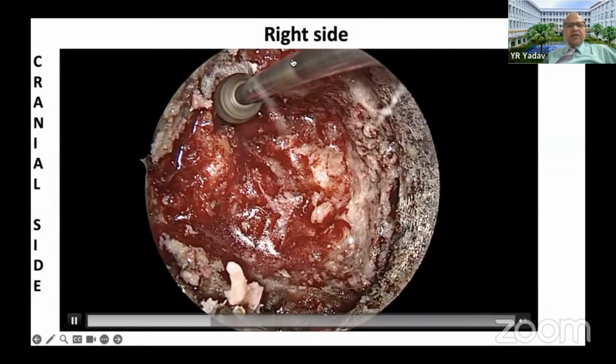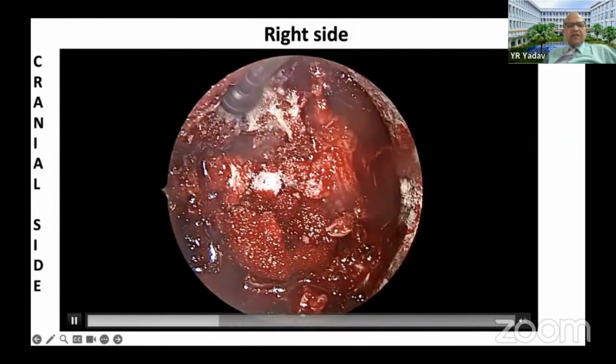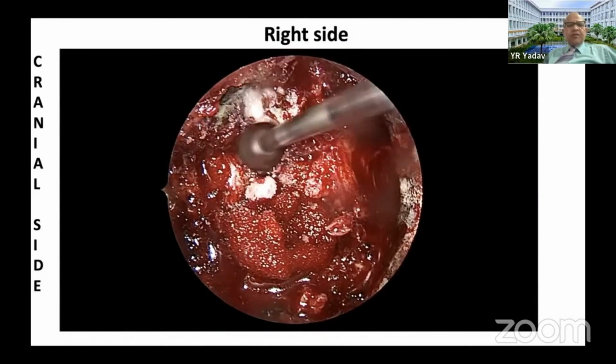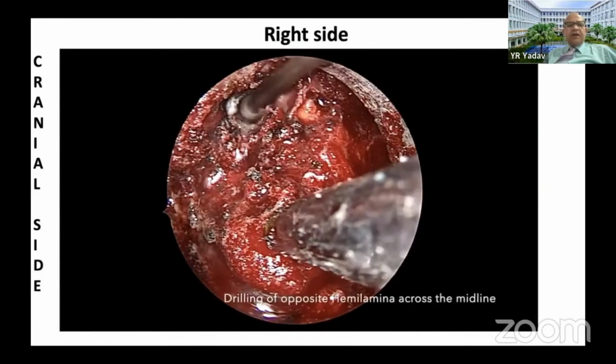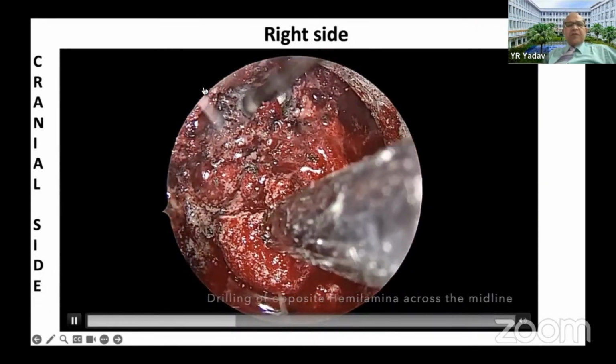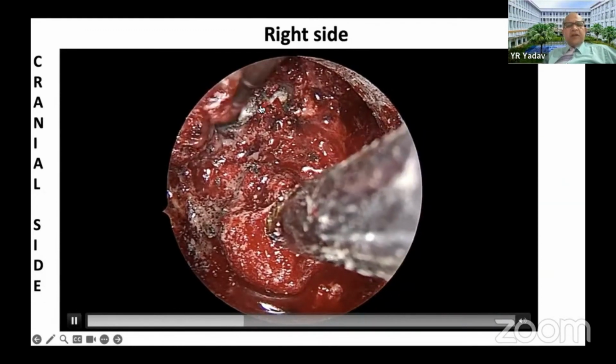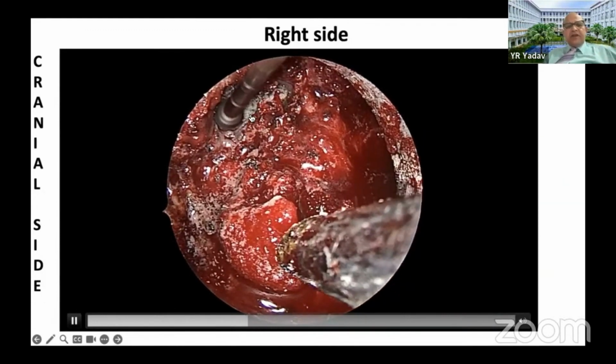I am drilling the base of the spinous process, and then this is the lamina of the opposite side, which is being drilled now. You see that gutter-like drilling is done, leaving behind a little bit of lamina inferiorly, as I